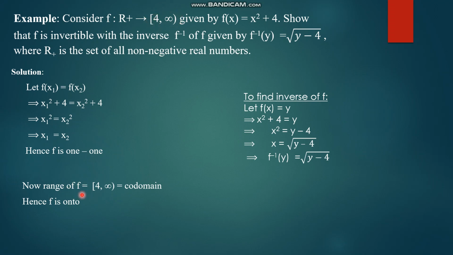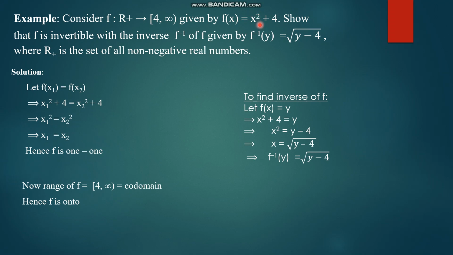What is the range of f? As you can see, when you apply some value to x, the answer you are going to get is nothing but the range. Now if I put the value of x, as you can see, it is x square. The minimum value that we can give for x is 0, because when you give negative values, that is also